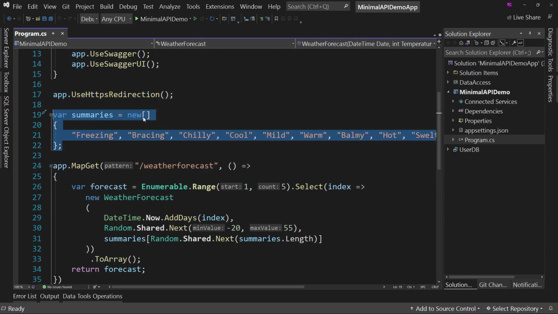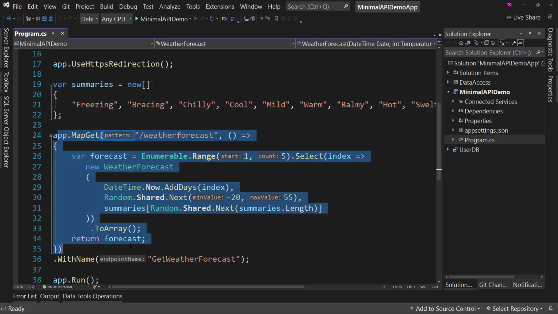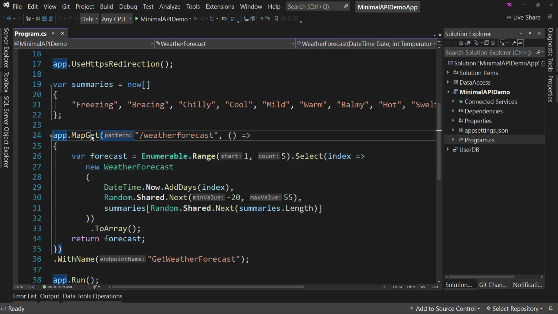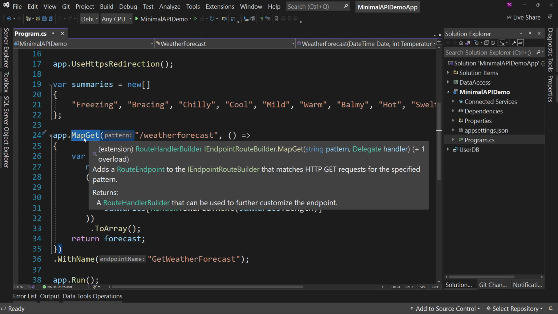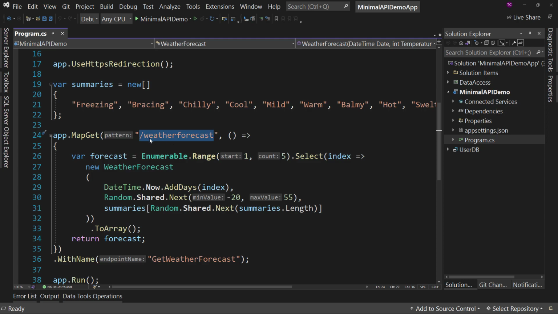We have some test data here in an array, and then we have app.MapGet. This is our API endpoint. So instead of having a controller that has our information in it, we have this idea of an endpoint. A controller has the full information for a set of endpoints, essentially, or a set of places you can call. Whereas this is saying, hey, MapGet, which means this is going to be a GET call, and I want you to map out this specific path. So if you type in your localhost:whatever the port number was/weatherforecast, you will call this endpoint. And it will return forecast, which is an enumerable of 5 elements, and it's going to create just